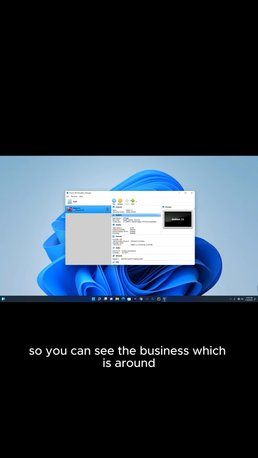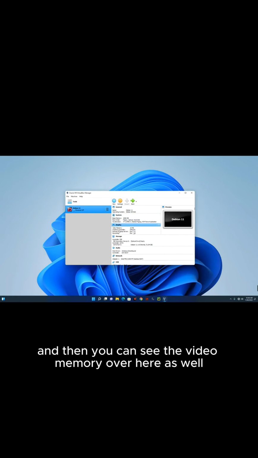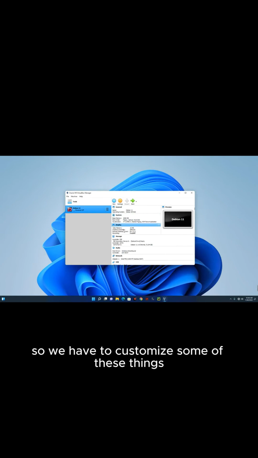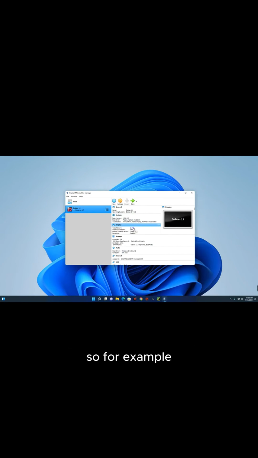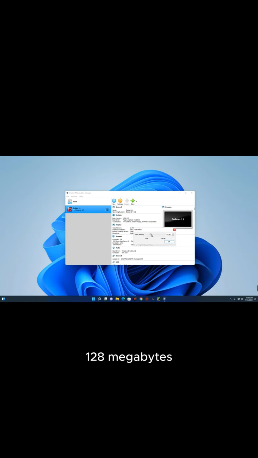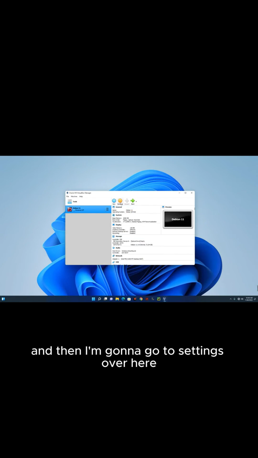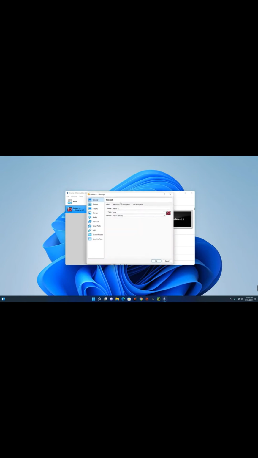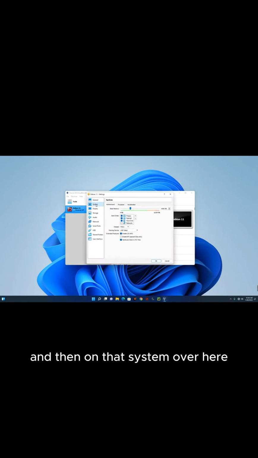You can see the base memory, which is the RAM, and then you can see the video memory over here as well. So we have to customize some of these things. For example, I'm going to change the video memory from 16 megabytes to 128 megabytes so it would function properly. Click on OK, and then I'm going to go to settings over here, and then under system